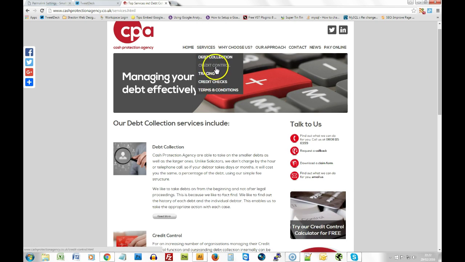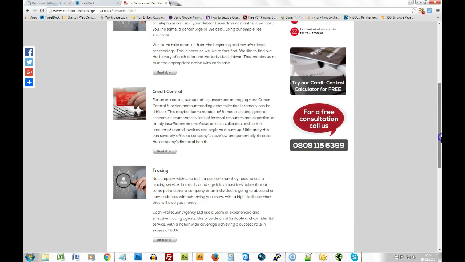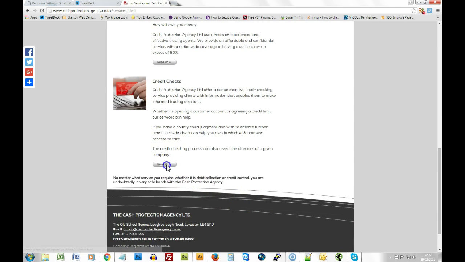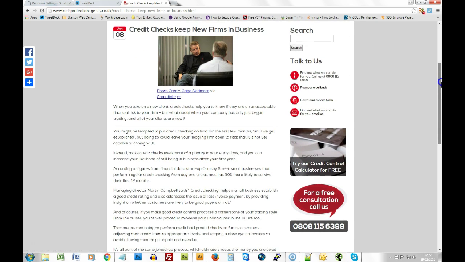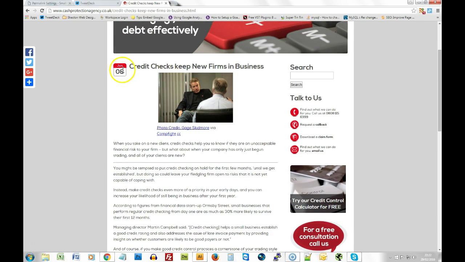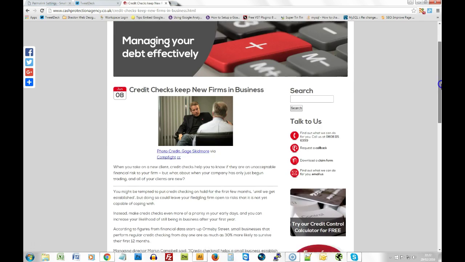But in case that drop-down menu didn't work, they've also linked to those pages manually. So if I click read more, that takes me onto credit checks. It's a blog post. I thought that might be a static page, but they've obviously deep linked to a